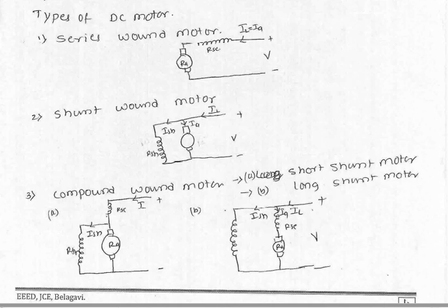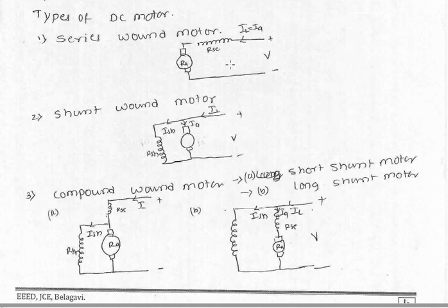In this session, we are going to talk about the types of DC motor. The types of DC motors are done based on the type of excitation that is given to the DC motor. So, what is the meaning of excitation? The way the field system is excited, or is given a supply, is called excitation. Based on the kind of excitation, motors are classified into different types of DC motors.